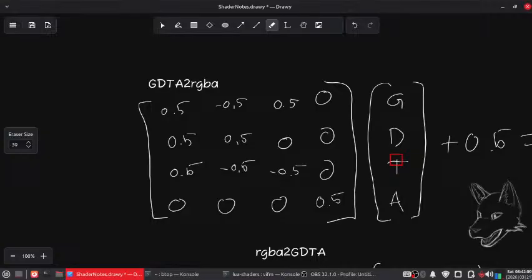Green is 1/3 brightness, magenta is 2/3 brightness. Alright, and they are opposite of one another. Which means D is